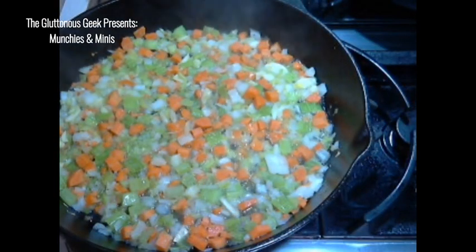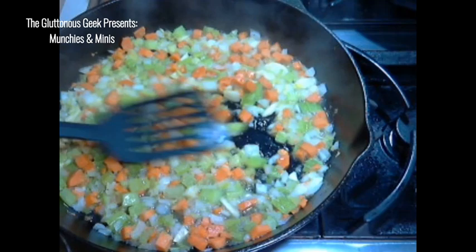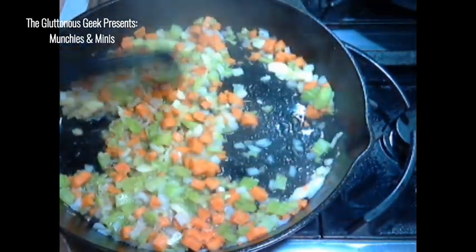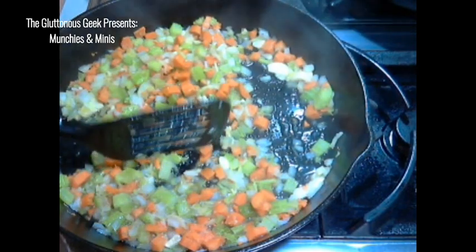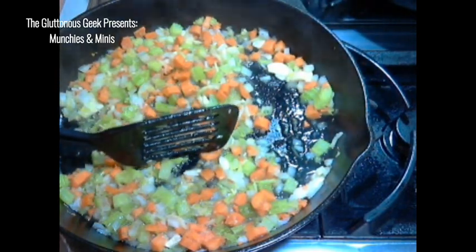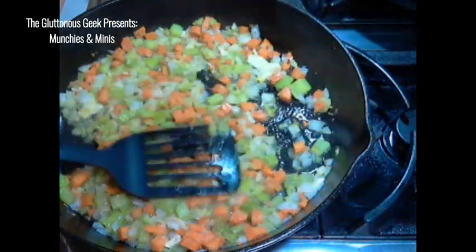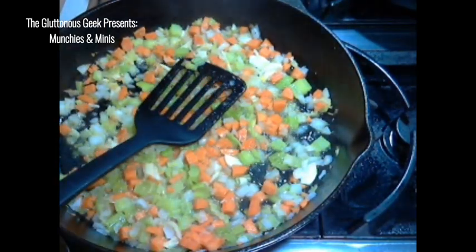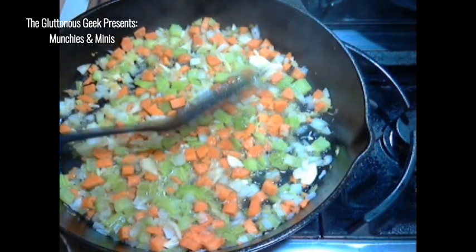Having that timer go off at me, so I'm going to just go back to my stove cam, see how we're doing on that moisture. Okay, it's doing its thing. It is softening some. Well, it's kind of softening, but that's fine because it's going to be simmering anyway. Okay, we're probably good here to now add